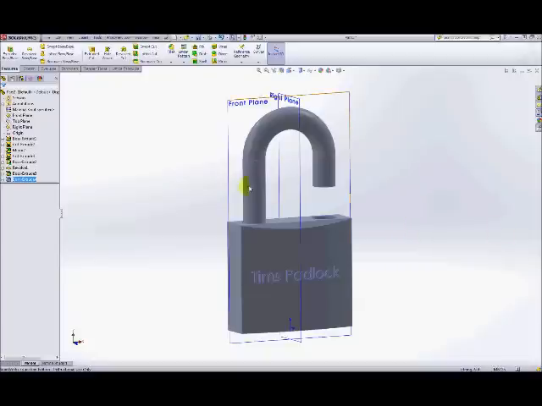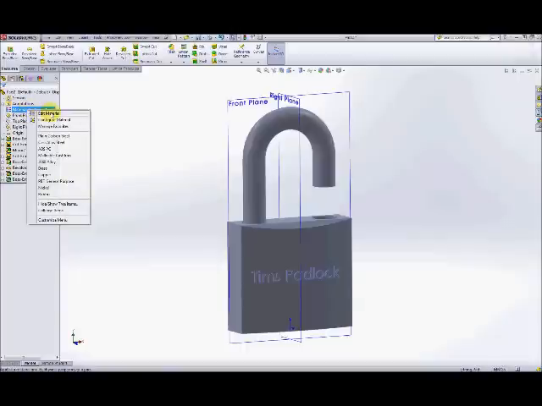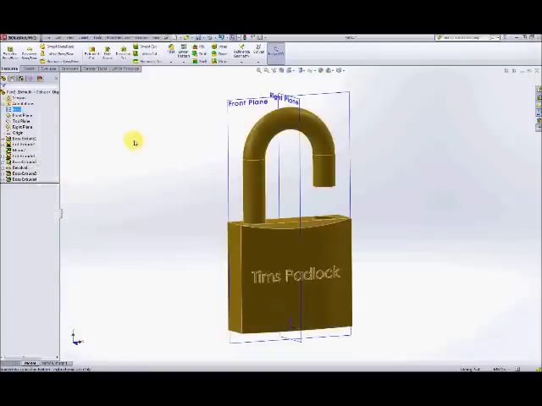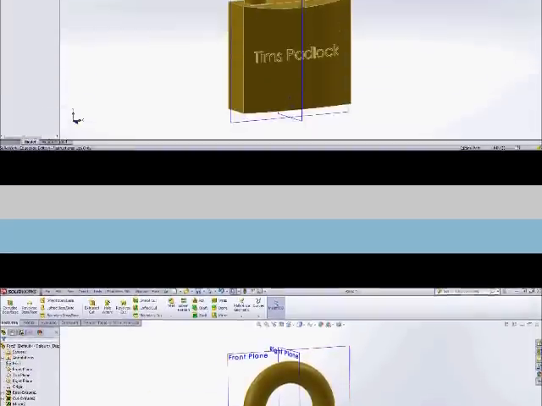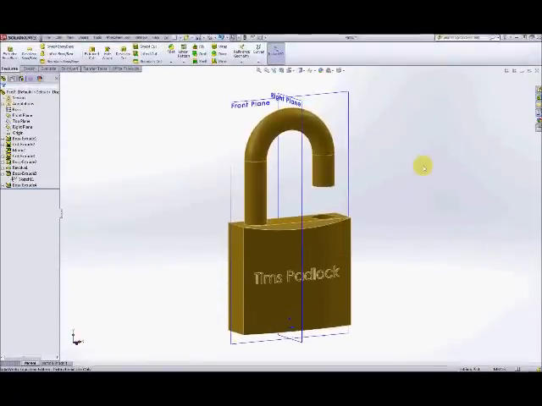And now the final thing we're going to do is we're going to change the material of the padlock. So if we right click on the material, we have a bunch of materials which are here by default, and in this case brass is there, otherwise we can go to edit material and we can search for it. So I'm just going to select brass and go with that. So we've now changed the material to brass, but not all of the padlock is brass. The shackle is probably chrome plated steel, so what we want to do is to change the appearance back to that. So what we're going to do is select the